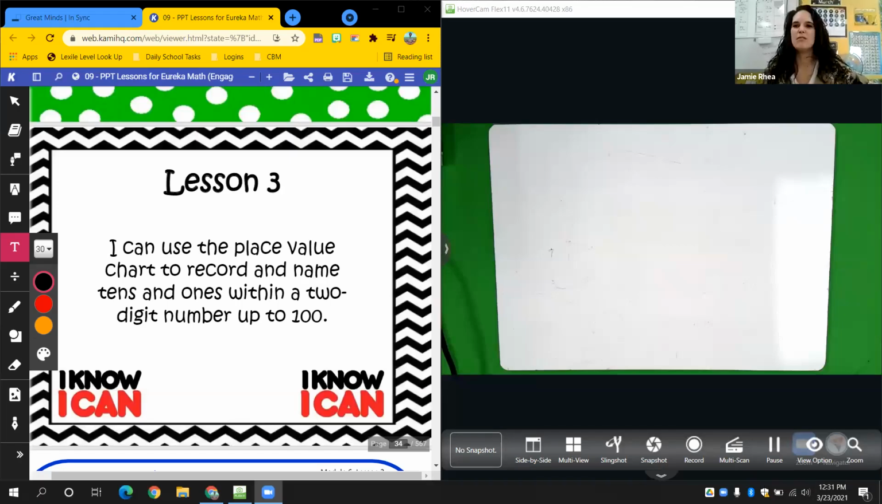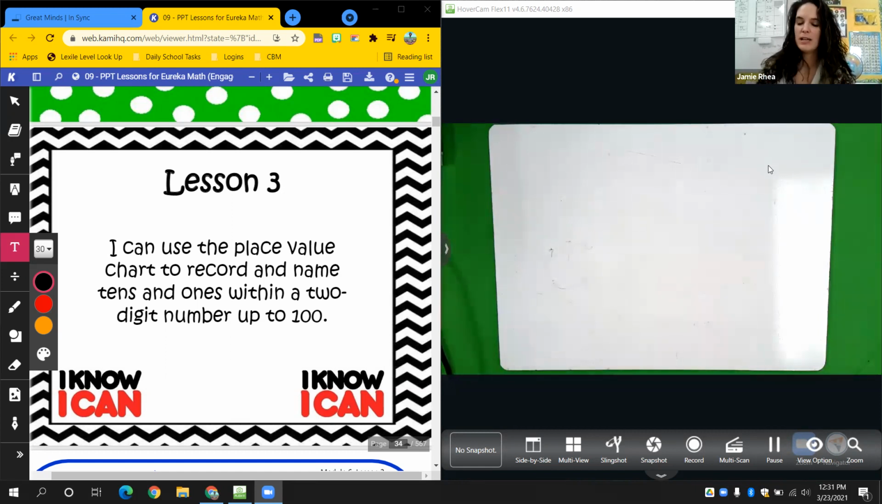All right, friends, we are on lesson 3 in module 6. Remember, we skipped module 5, so we're going to do a little swapping around. Today, I can use the place value chart to record and name tens and ones within a 2-digit number up